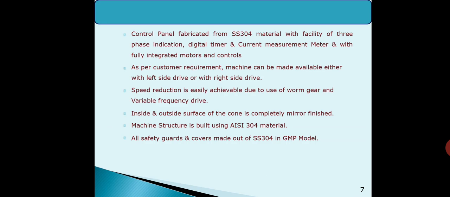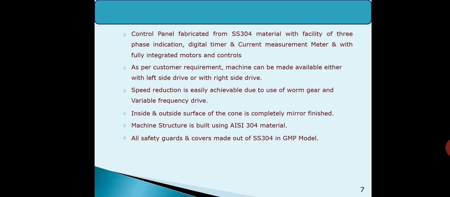The inside and outside surfaces of the cone are completely mirror finished, so there are no chances of dullness. The machine structure is built using AISI 304 material, so that our machine parts are very good and the structure is properly finished. All safety guards are covered in the GMP model.